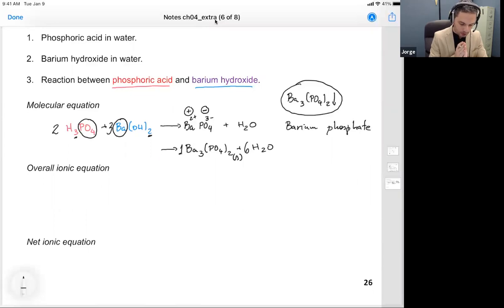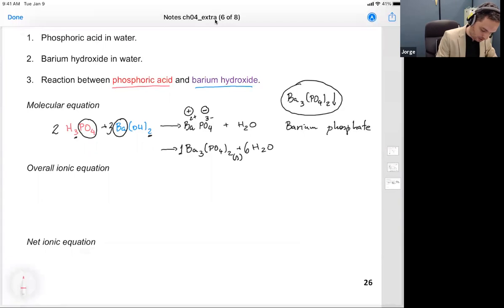Okay, so now let's move on from the molecular equation to the overall ionic equation. In the overall ionic equation, the idea here is to represent the ions dissolved in water and make the reaction using the ions, okay? So it's basically the same thing as the molecular equation, but now we are going to use ions. So the trick here